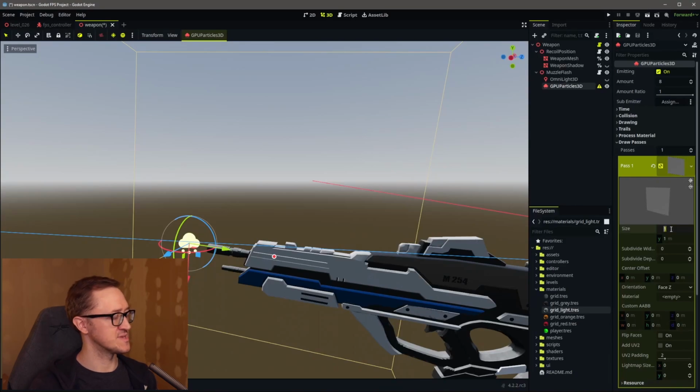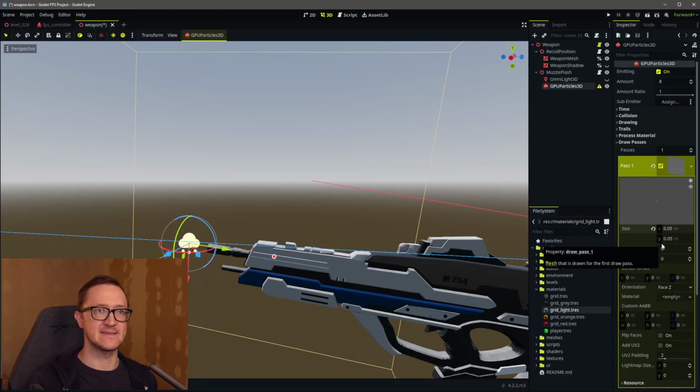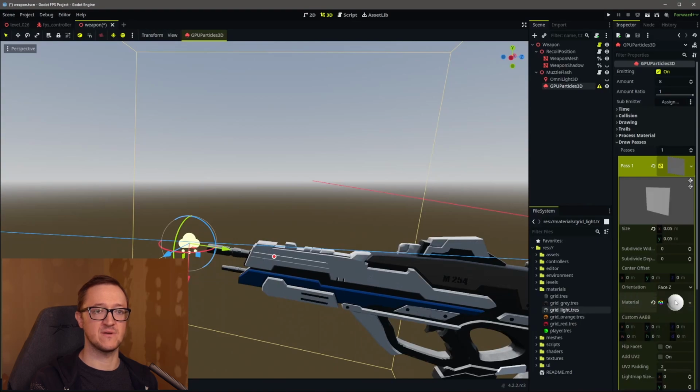We're going to set this to a size of 0.05. So it's itty bitty. Tiny, tiny. Now nothing is showing up there yet, that's fine. Nothing is supposed to show up yet. And what we need to do now that we have our little quad, in fact, let's go ahead and create our material also. So we're going to do a standard 3D material, get that set up,